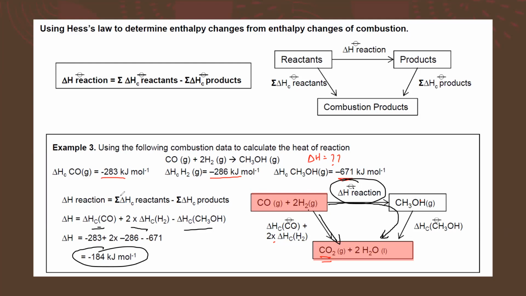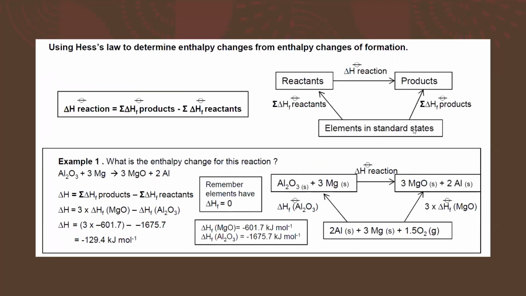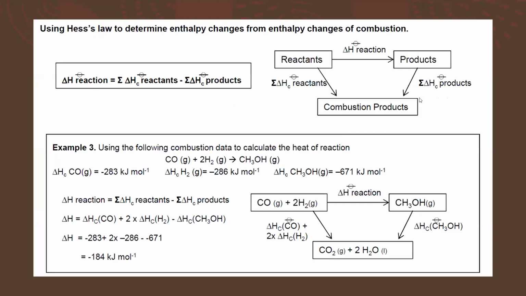Is it clear? Whenever combustion is given to you, the reactant can burn, the product can also burn, and that leads to a common product, or combustion product. But if formation is given, we should add a link, and that link is the elements: elements form the reactant, the reactant forms the product, which is the same as the elements directly forming the product. Is this example clear? When the enthalpy change of combustion is given, how do we calculate the enthalpy change of reaction? Any doubt in this part?